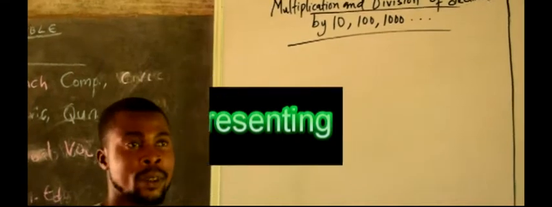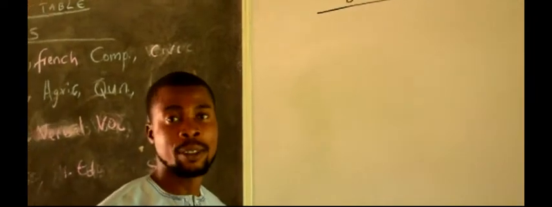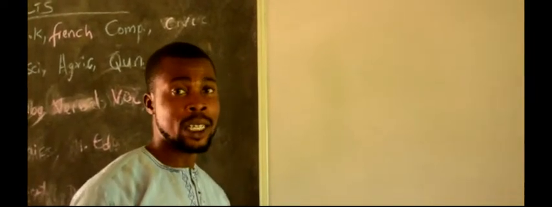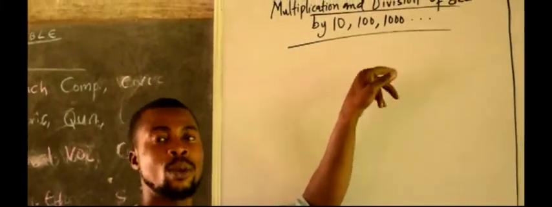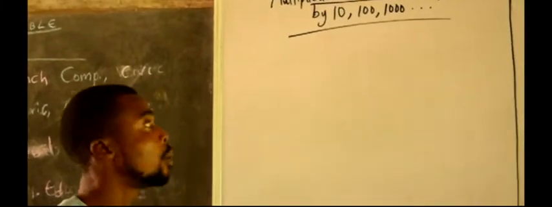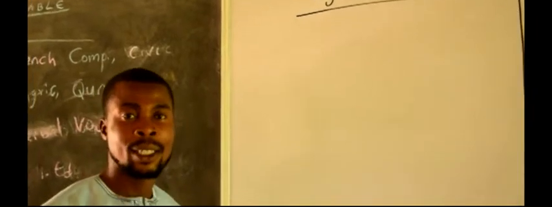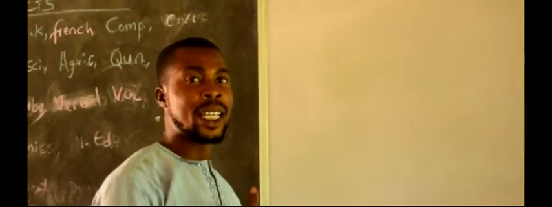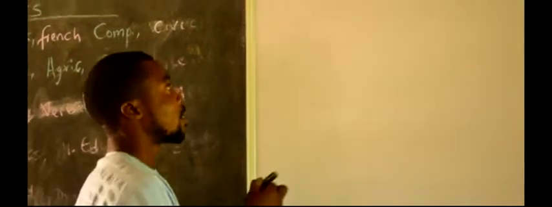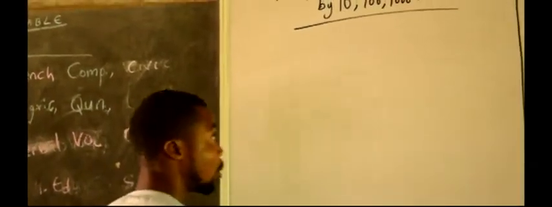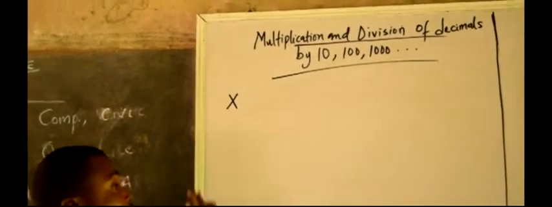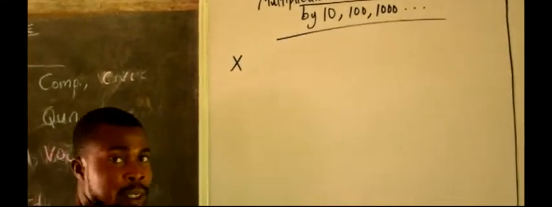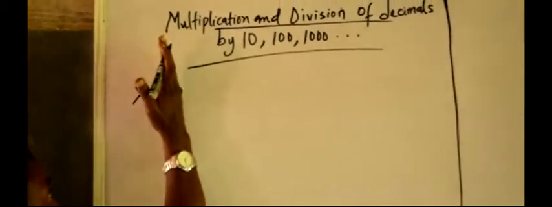Multiplication of decimal. Multiplication of decimal that we want to take a look at now is by 10, 100, 1000. If we want to multiply using 10, 100, 1000, let me give you the scope first. Multiplying by 10